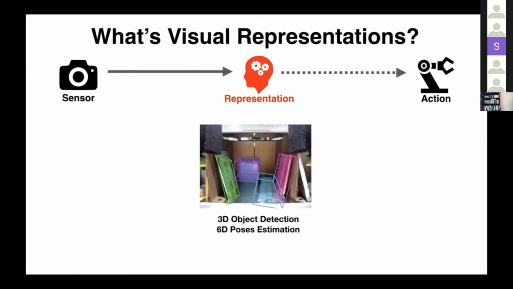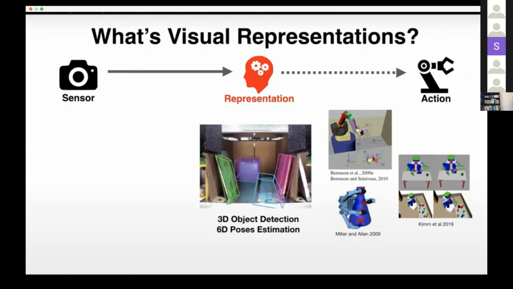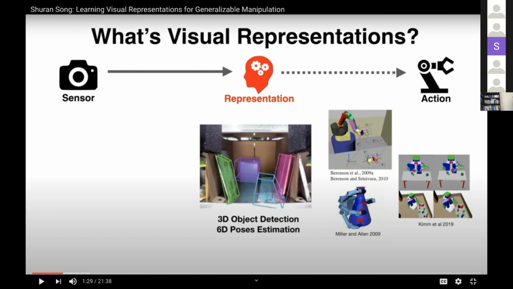So for a very long time, the standard visual representation for robot planning was the result of 3D object detection or pose estimation. So this representation has motivated many planning and control algorithms that are designed on top of the